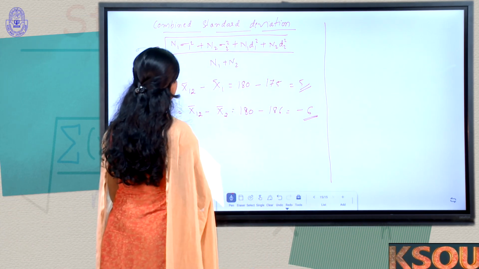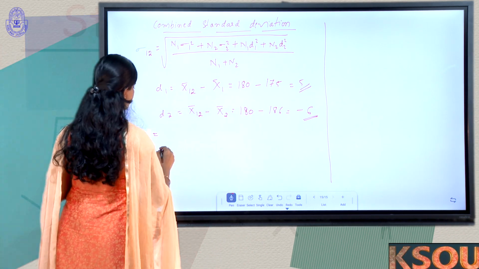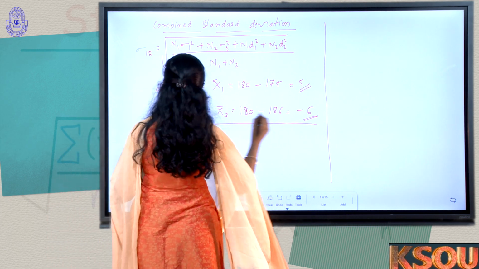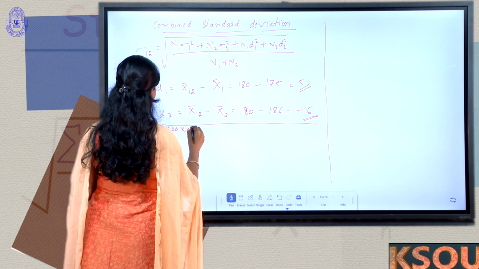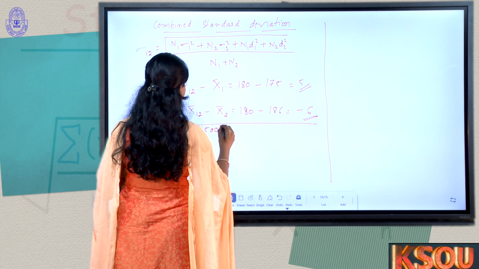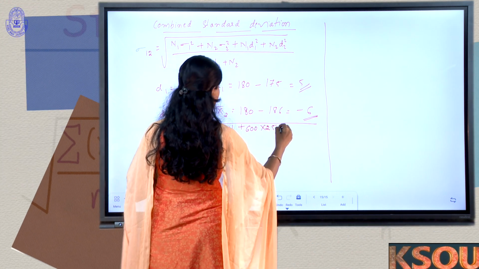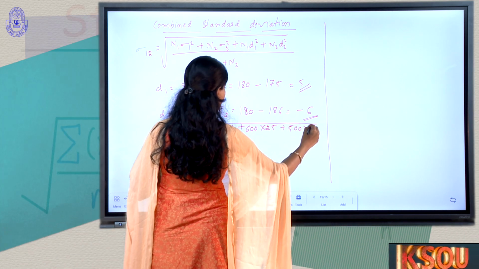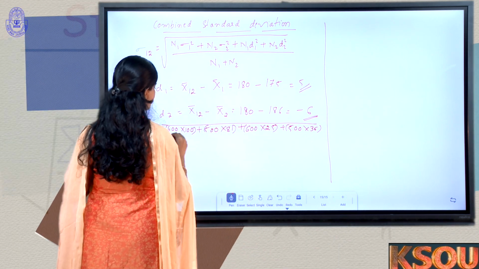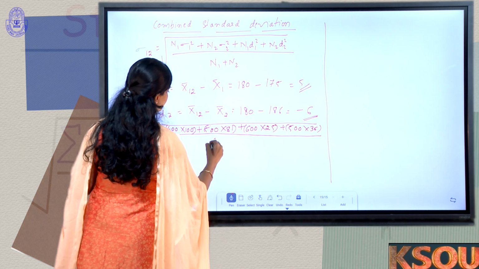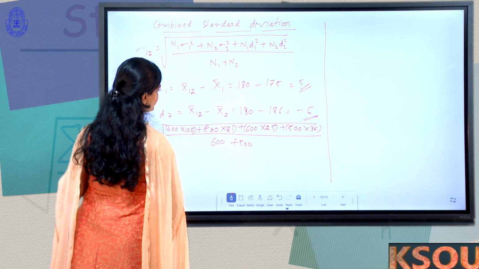So now you can calculate sigma 12, that is you can take the square root of that, applying the values here. So 600 into 100 plus 500 into 81 plus 600 into 25 plus 500 into 36. You will have to calculate each value separately, divided by 600 plus 500. You will get the values as